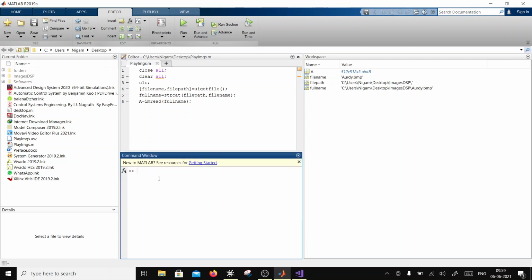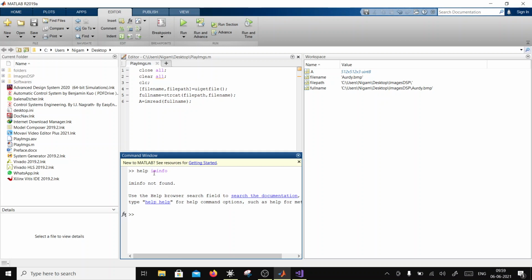Now here are a few more things which I'll do before I go into processing this. I want to look if there is a function called imageinfo. So I'll say help imageinfo. There has to be.